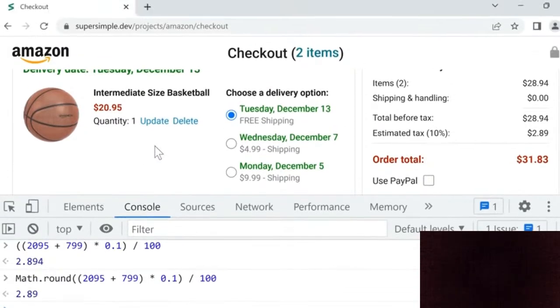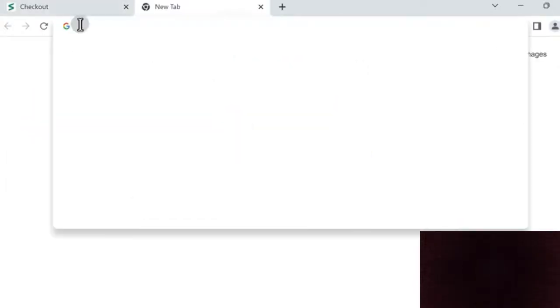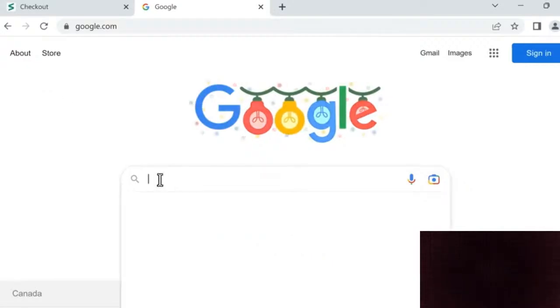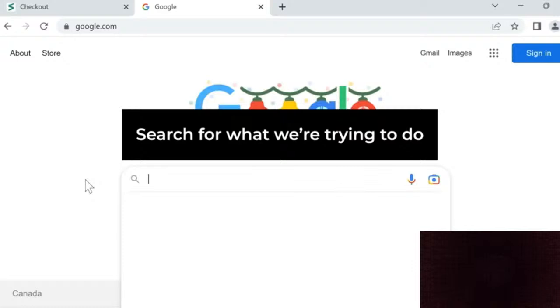Let's go to our browser and create a new tab at the top. And we'll click here and type google.com and press enter. And we'll search in Google. So the trick to searching in Google is to search for what we are trying to do. For example, if we want to round a number, we would search for JavaScript, how to round a number. If we press enter,